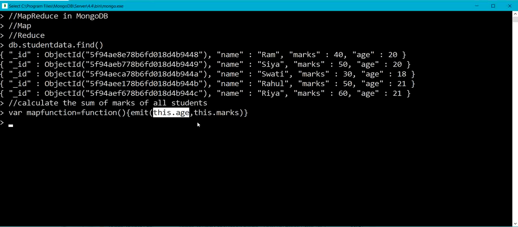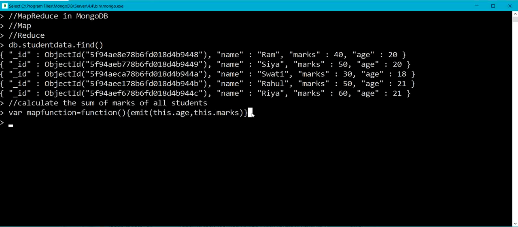Here we are grouping documents by age, and the second argument reduces over each student marks. So here again we are using the keyword this, which always refers to document iterated over student collection.